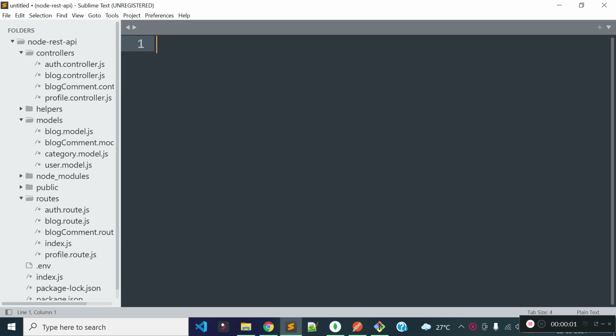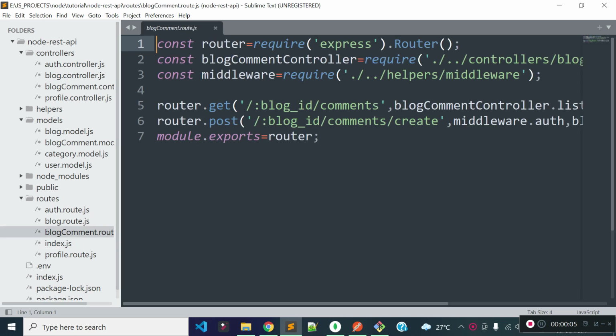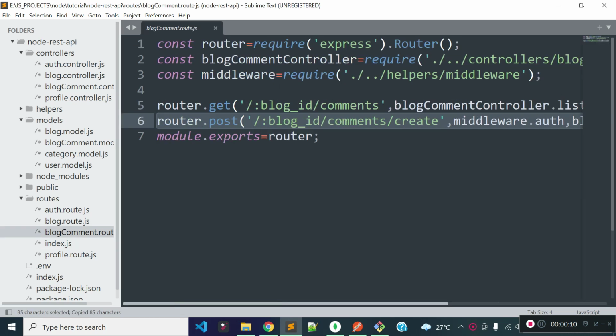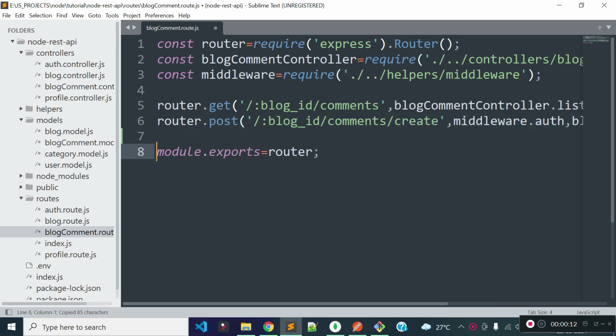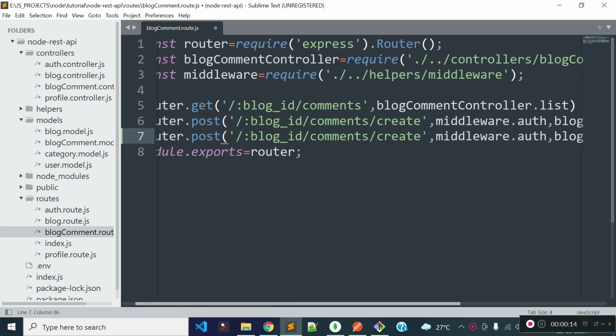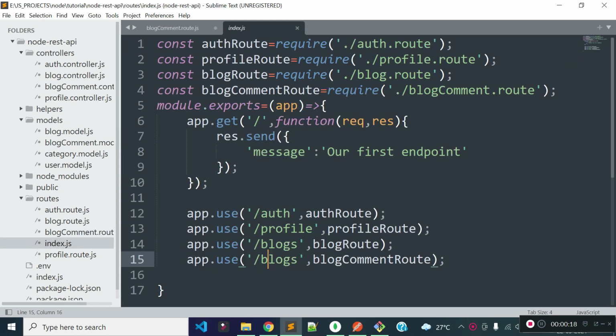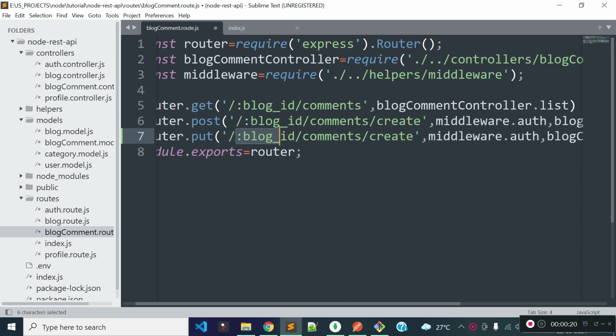In this lecture, I am going to create the update comment API endpoint in Node.js. So let's open our blog comment.route.js file and then let's add a new route for our update comment API endpoint. Route method will be PUT and URL will be our base URL slash blog slash comments slash comment ID